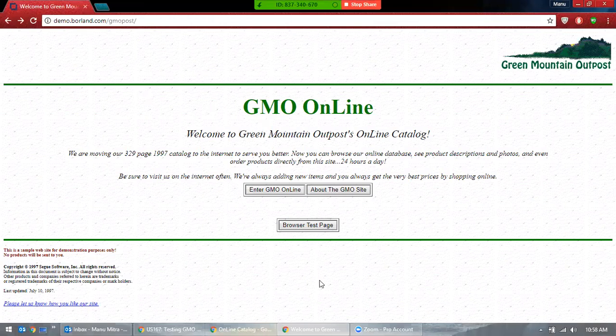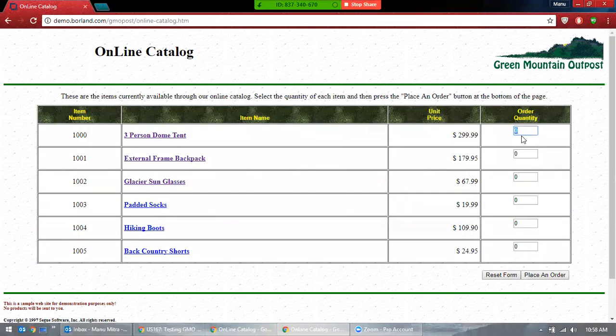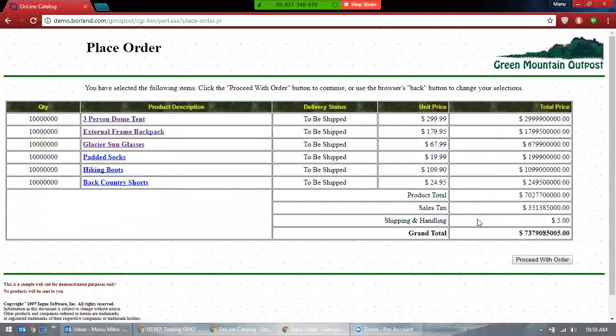Okay, so here you'll see, let's say you want to open a defect. Okay, now here is the thing. You just click here. Now my defect is, let's say, I'm worried about the shipping and handling fee showing as $5. Okay, so what I'll do is